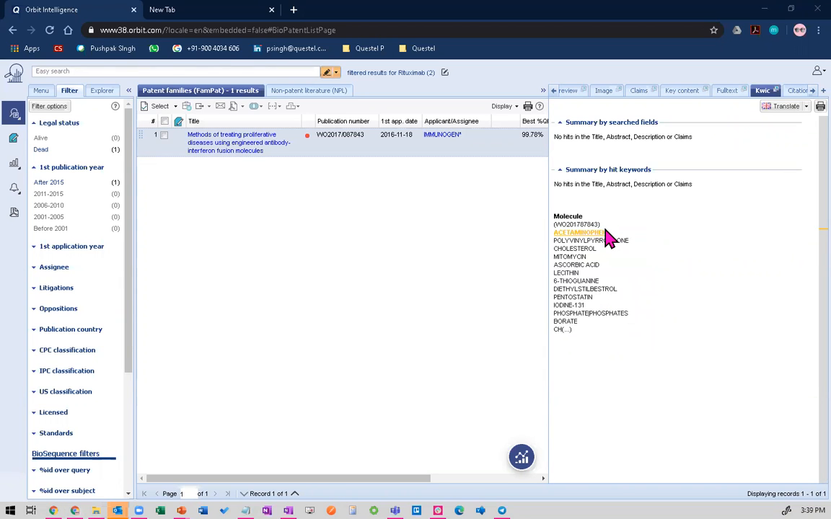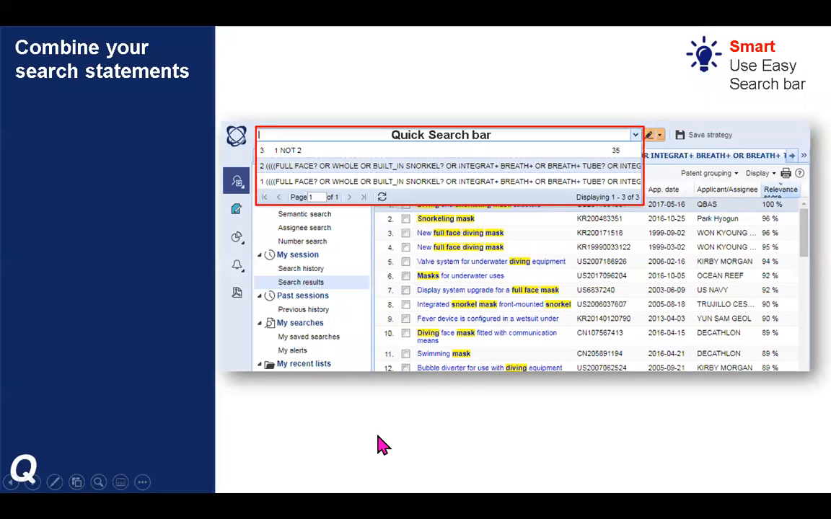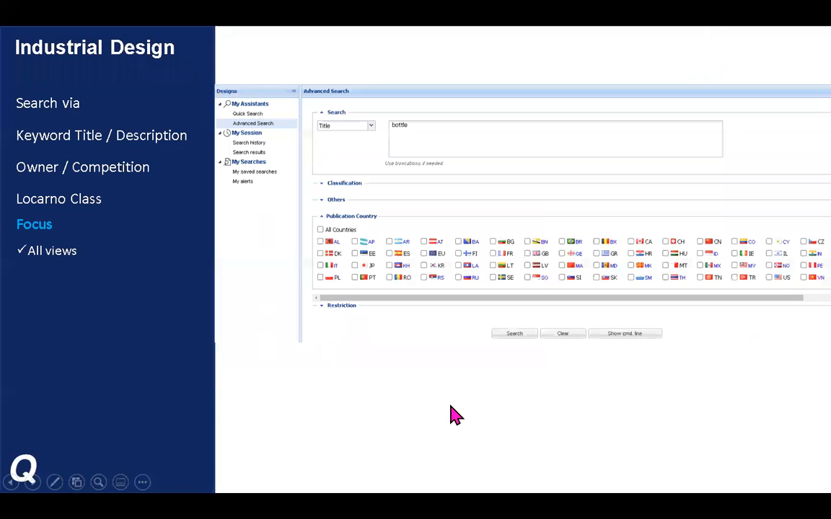Now, till now we have seen the ways in which you can combine various search strategies together in the advanced search bar or the search history page. We also have a separate kind of search, the FTO search, which needs to be done. Apart from